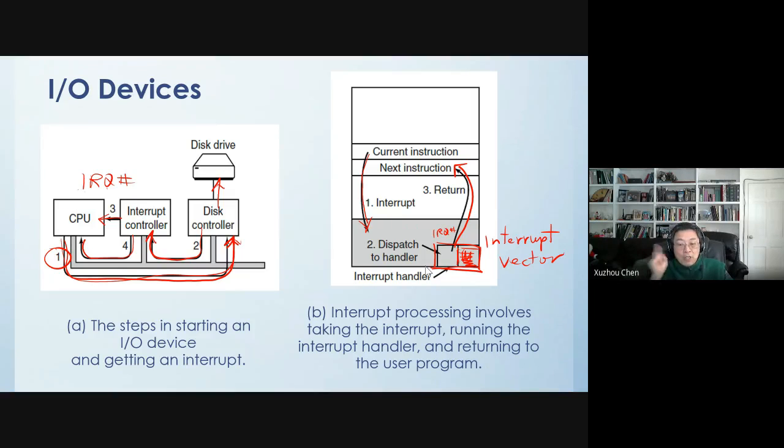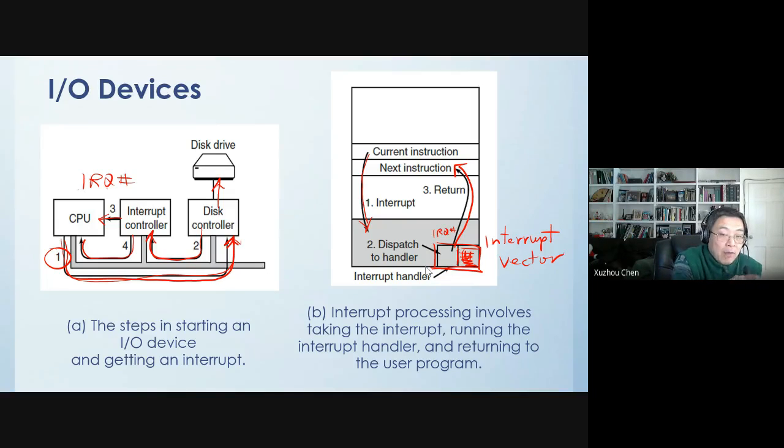So every time you install a device, the operating system is going to assign a unique device number to that hardware. Now, once the device interrupts the CPU, you have to attach a device number to tell the CPU who is actually interrupting. And the CPU then, based on the device number, looks at the interrupt vector and finds out,